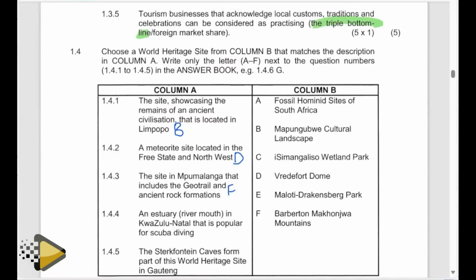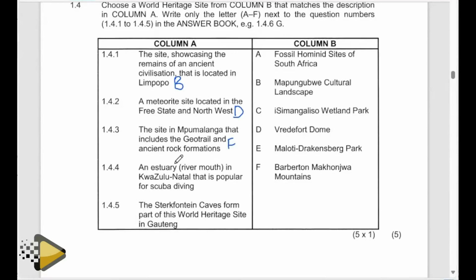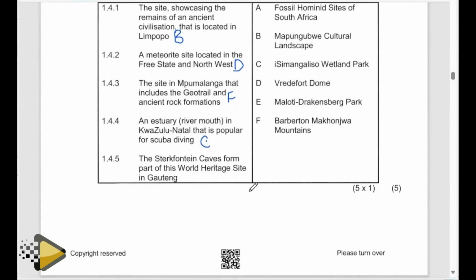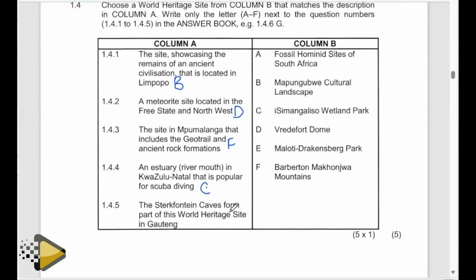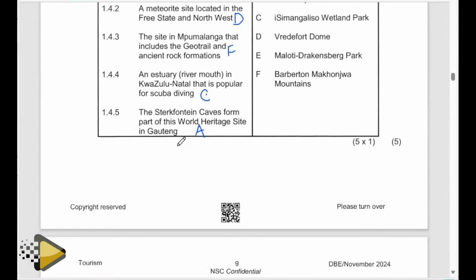Then 1.4.4, an estuary, a river mouth in KwaZulu-Natal, which is popular for scuba diving, is known as the iSimangaliso Wetland Park. So the letter C will be the correct answer there. The Sterkfontein Caves form part of this World Heritage Site in Gauteng. So the Sterkfontein Caves are part of the Fossil Hominid Sites of South Africa, which is the letter A. That brings us to the end of